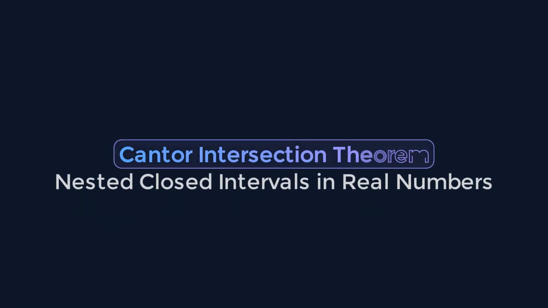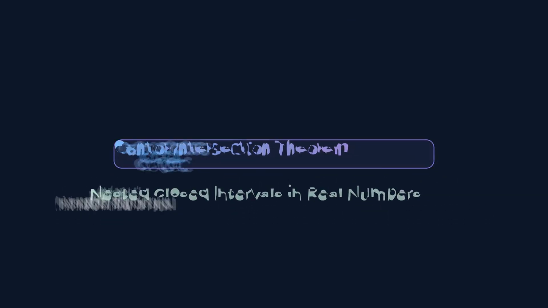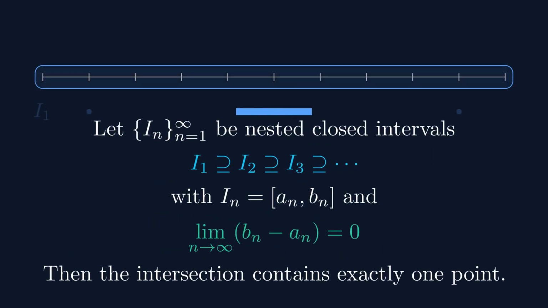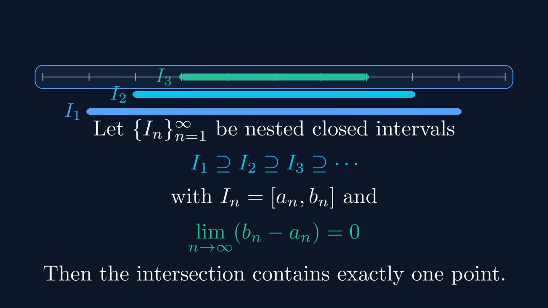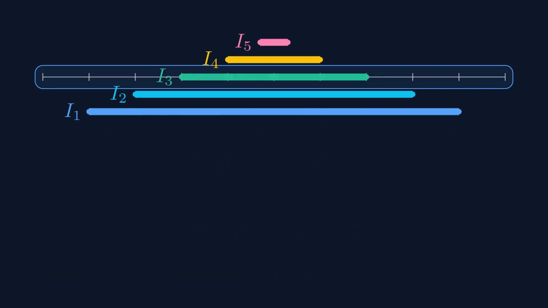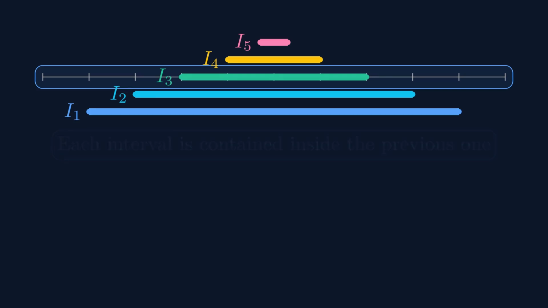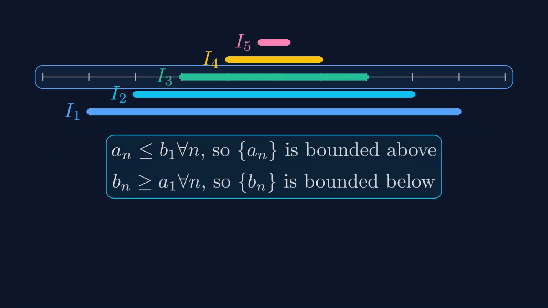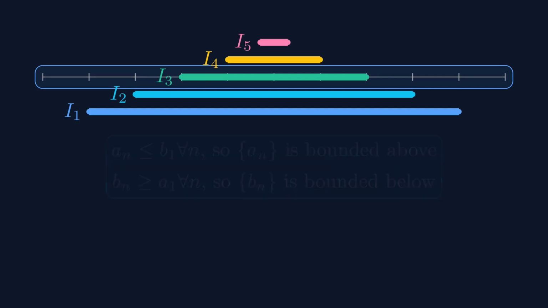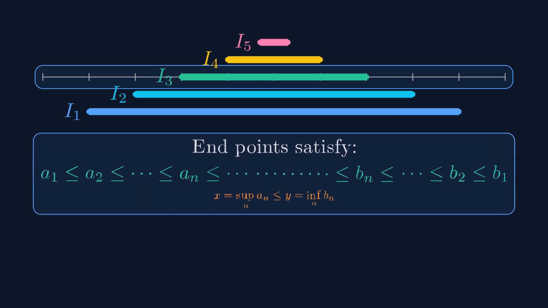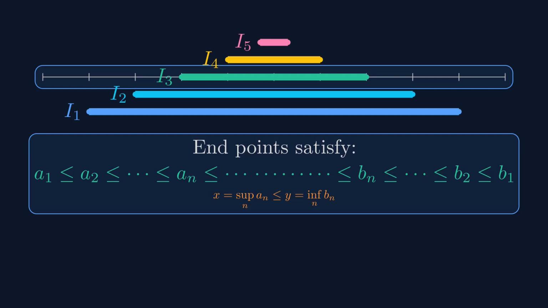Cantor's intersection theorem states that the intersection of a nested sequence of non-empty, closed, and bounded subsets in R is non-empty. In general metric spaces or topological spaces, the intersection of a nested sequence of compact sets is non-empty. It is a foundational pillar that connects a space's structural properties, completeness and compactness, with the existence of mathematical limits. It is the primary tool used to prove the existence of fractals, such as the Cantor set, where the intersection of an infinite sequence of closed sets yields an uncountable non-empty set of points.